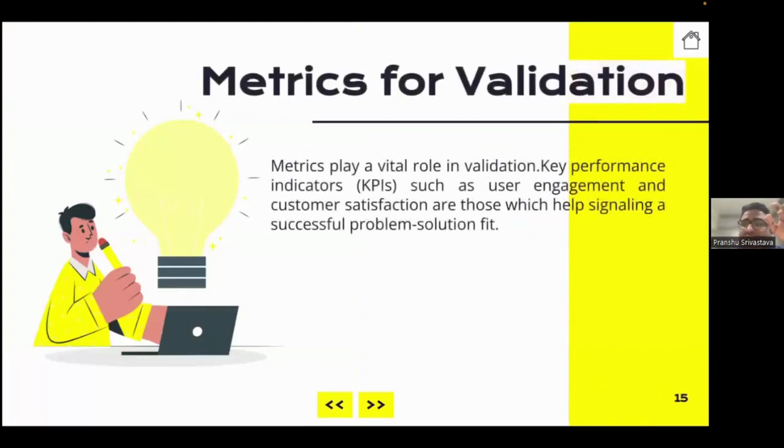Again, as we have discussed, we have to create our own metrics for the validation of the successful MVP. The KPIs should be very clear to us. How many users are actually engaging? What is the rate of customer satisfaction? What is your definition of customer satisfaction? For a few people, customer satisfaction is conversions, let's say. At a few stages of the product, customer satisfaction is that the customer has passed this stage. If 90% of the customers have passed this stage, it means my product validates, and this is the level of satisfaction